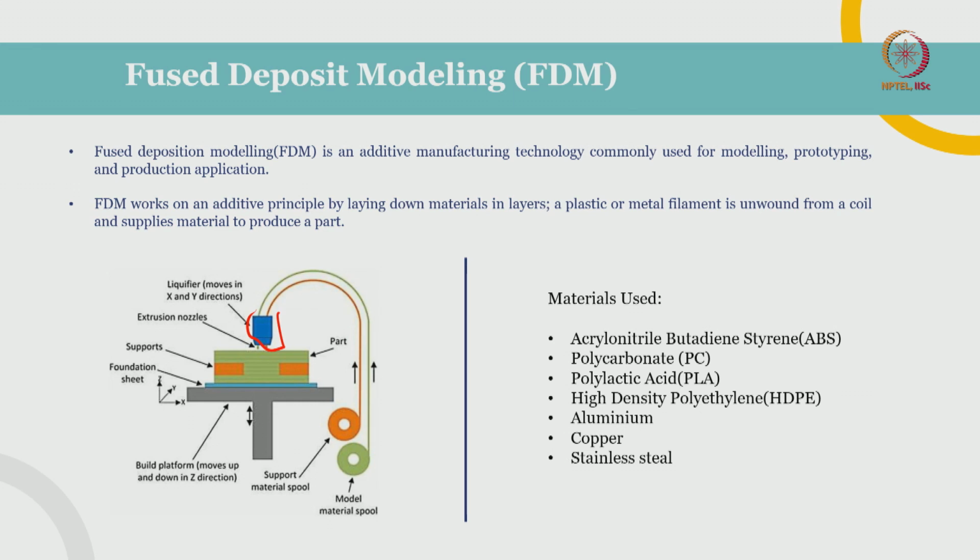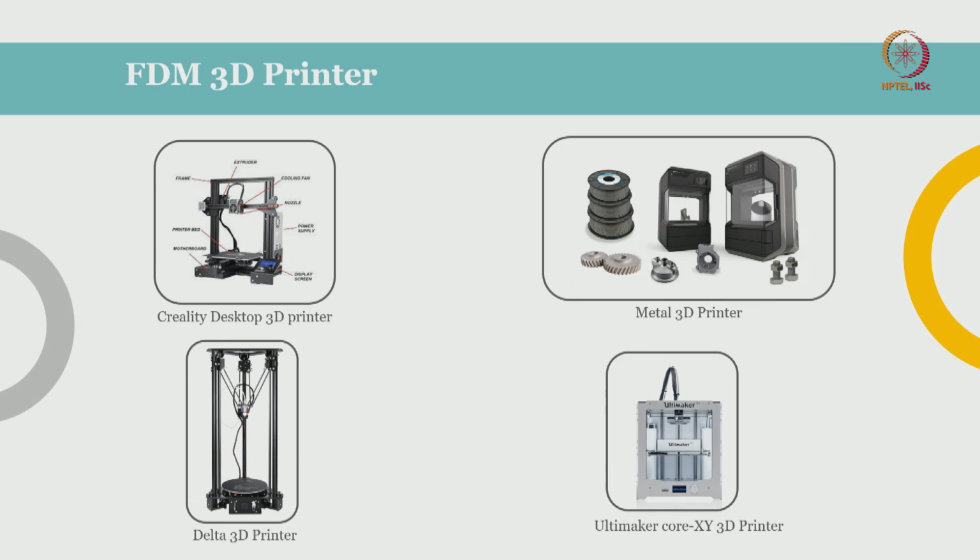in the market. Okay, and there are printers, as I discussed, which can support multiple filaments, up to 10 filaments while printing, so you can get 10 different colors. And we discussed the 3 most important types of FDM 3D printers: this one is what you call Cartesian printers, this one is Delta 3D printers, and this one is Core XY 3D printers. We discussed their advantages and disadvantages in the previous lecture itself, so I am not going to go